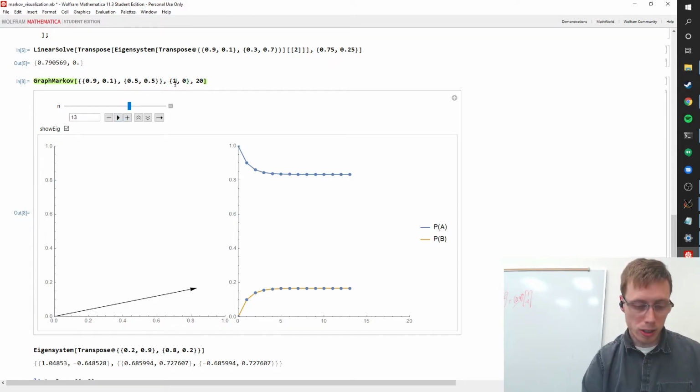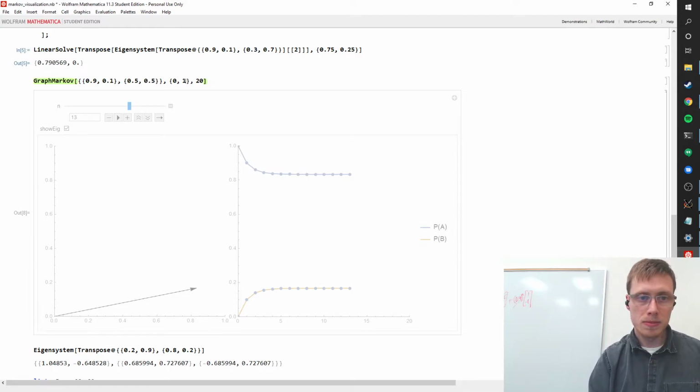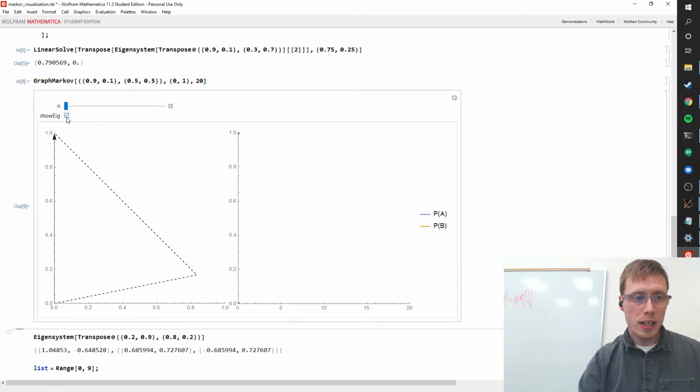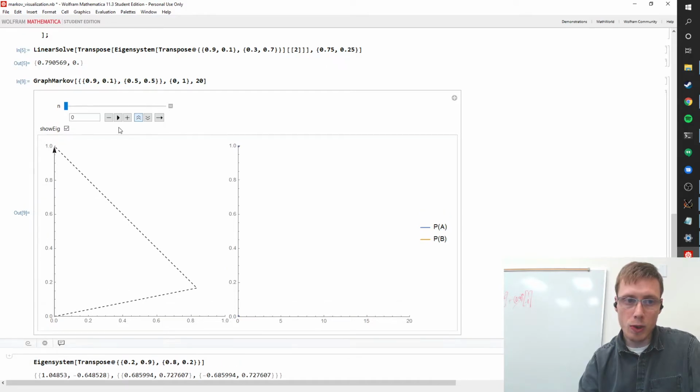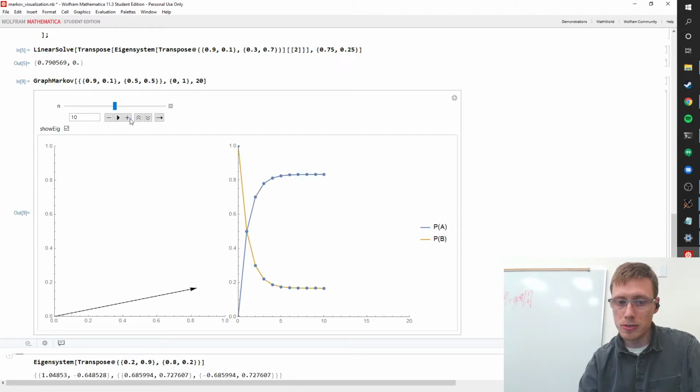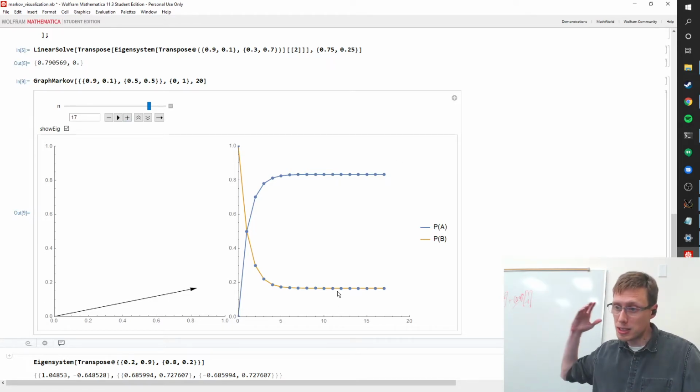What if we instead started at being rainy? Well, now, if you start at rainy, you still have the eigenvectors in the same directions as they were because they're eigenvectors. But now you have to add a different component. So now you have a big 1, minus 1 component in this direction here. And now if we run it forward, what's it going to do? This direction is still going to decay at 0.4. And it converges to the same value of 5/6, 1/6, because it has to do that, because that's the direction of the primary eigenvector.